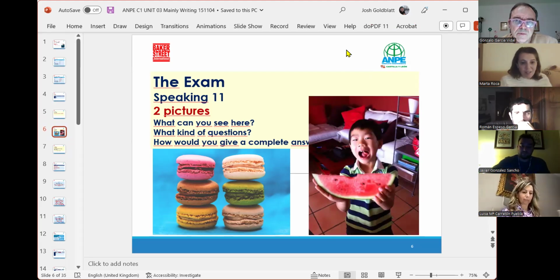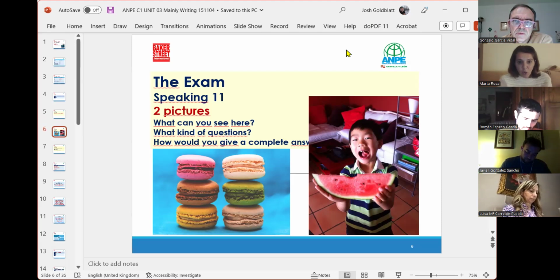Well, what I can see is one very first picture that shows an Italian little sweet called macaroni. Very sweet, with a lot of sugar, and with a lot of color, very colorful. And then the other picture is about a little kid that is enjoying, I guess, because of his attitude, enjoying eating a watermelon. You've got 30 more seconds to talk about both photographs.